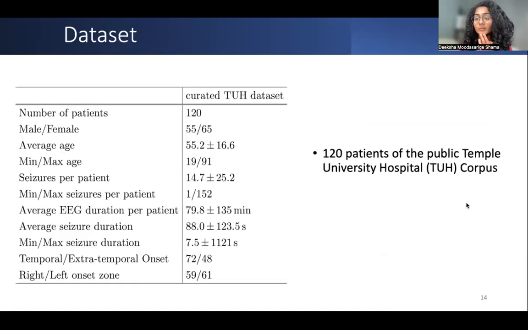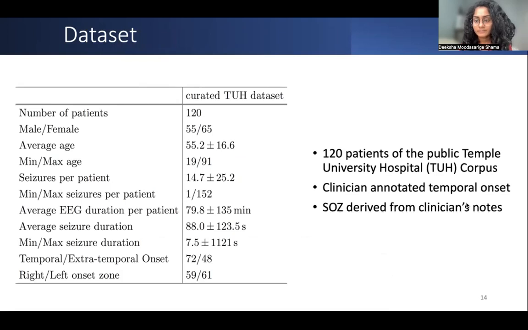We train and evaluate our model on a dataset of 120 patients with clear focal onset selected from the publicly available Temple University Hospital corpus. The temporal onset is clearly available, while we derive SOZ labels by perusing the associated clinician's notes for the patient. The dataset has an average of 14.7 seizures per patient, with at least one and as many as 152 recurring